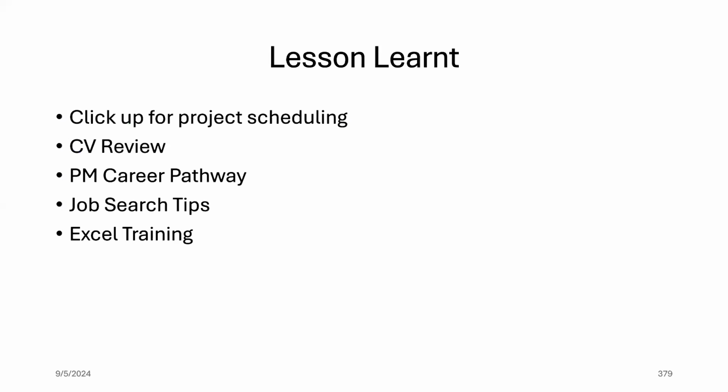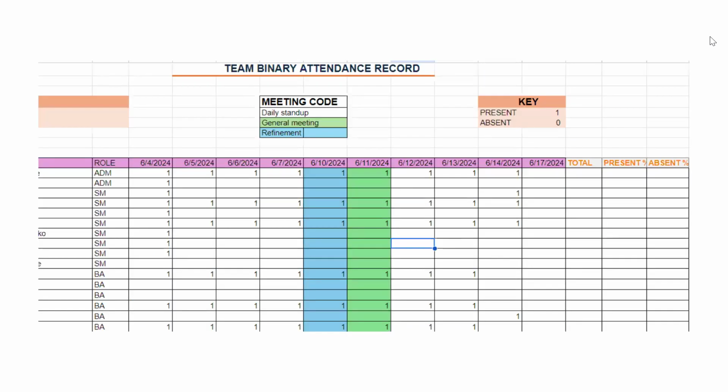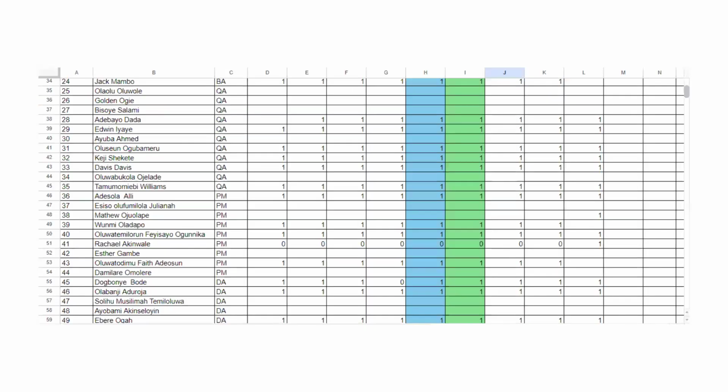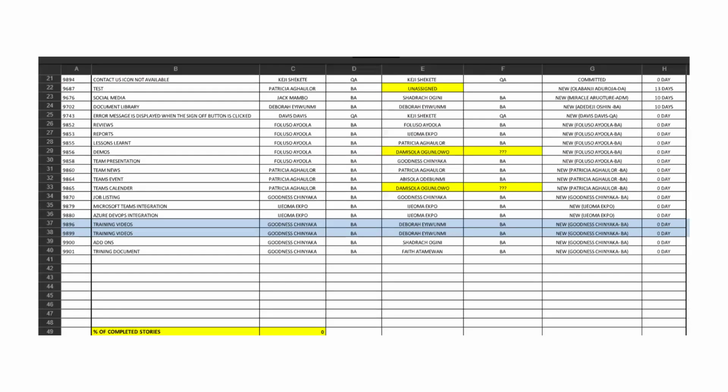Some of the lessons learned: CV review, Excel training, ClickUp for project scheduling. So, Team Binary's attendance record, more of the record for Team Binary. Azure job activities tracker for Team Binary.